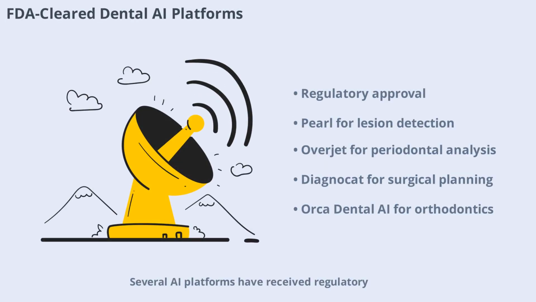Several AI platforms have received regulatory approval and are integrated into clinical practice. Pearl Second Opinion focuses on radiographic lesion detection, Overjet specializes in quantitative periodontal analysis, Diagnocat offers CBCT segmentation for surgical planning, and Orca Dental AI automates orthodontic workflows. These platforms exemplify the growing adoption of AI in dental radiology, providing clinicians with robust tools for diagnosis, planning, and